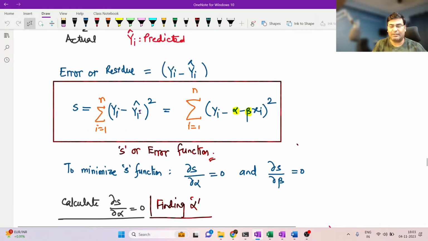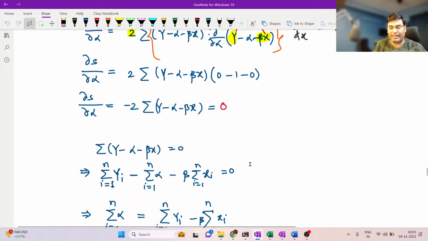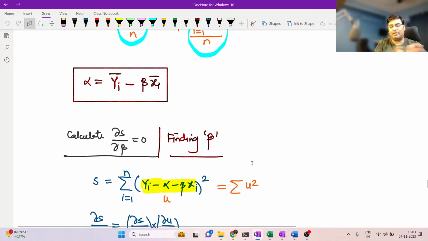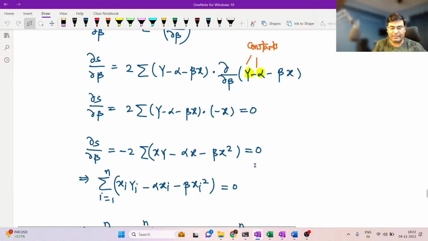If you see here, we started with our error function, which is the sum of squared error. The idea was to minimize this error. So we took alpha and beta and differentiated with respect to alpha and beta using the concept of maxima minima. Here, the idea is to minimize the S function. By doing that, we are able to calculate alpha equal to y bar, which is the mean of yi, minus beta times mean of xi. And when we did del S by del beta equal to 0, we found beta equal to,